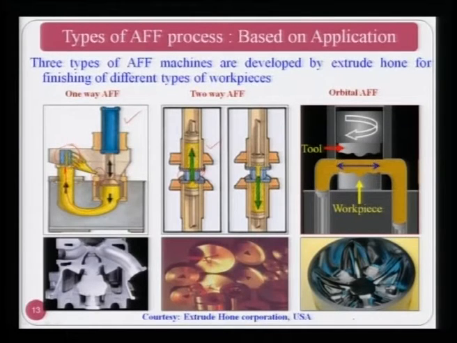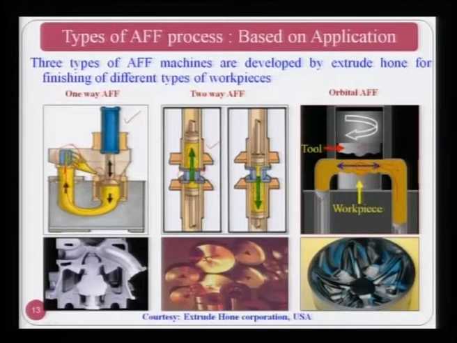This is interesting and simple. You can see this is the tooling, which is just a replica of the workpiece surface shown over here. Now, here is the medium and this is piston 1, piston 2. This pushes the medium in both directions, and when it is being pushed and the piston which is holding the tool is rotated, then turbulence takes place in the medium and it removes the surface peaks from the workpiece.